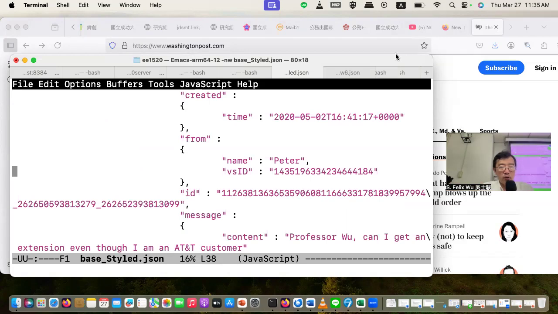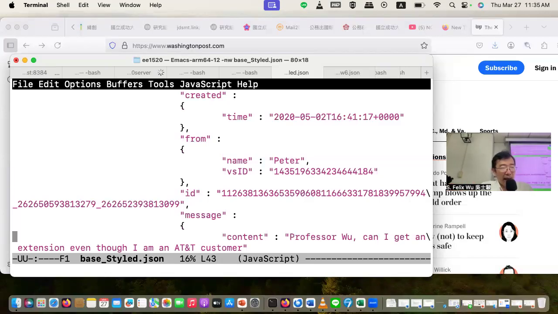The comment was contributed by a person called Peter, and his VSID is whatever, okay? And then a comment has a comment ID. This ID is basically the page ID plus the post ID plus the comment ID.